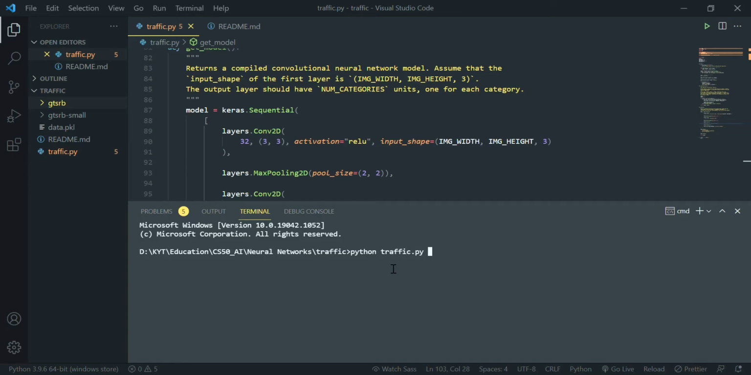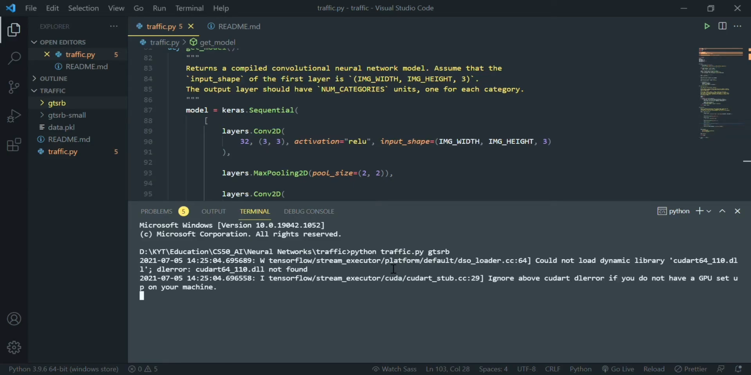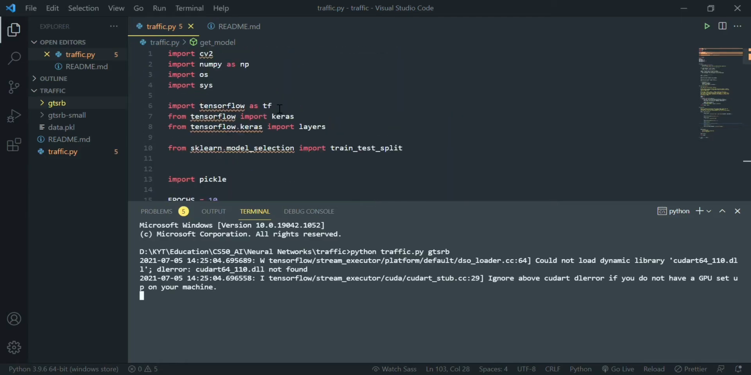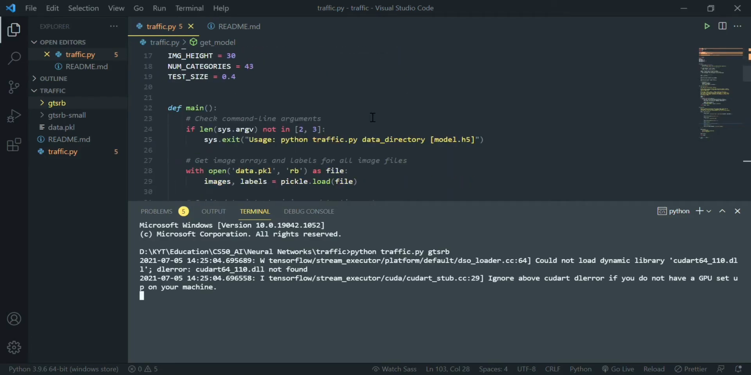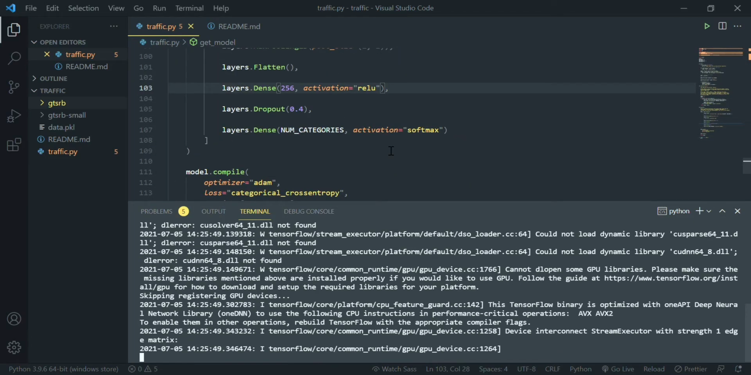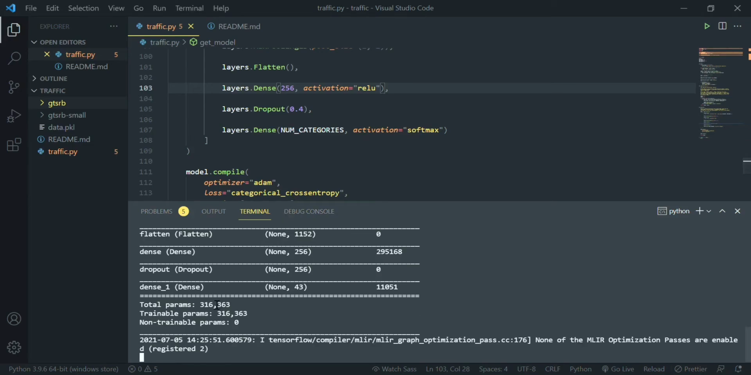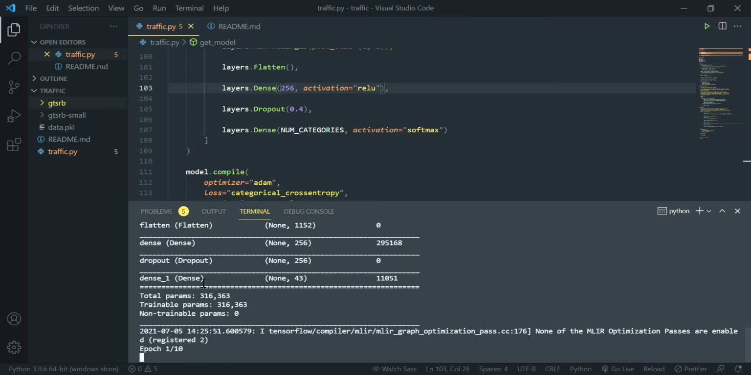python traffic.py gtsrb. Now our AI is starting to load the images and format them into a particular format that our libraries, scikit-learn and TensorFlow, expect. Alright, we see the summary here, and now